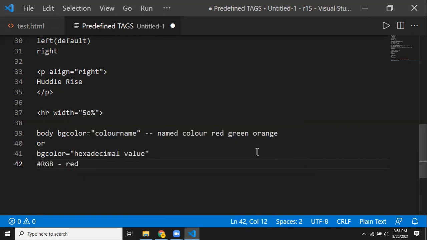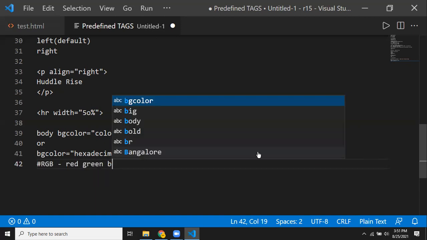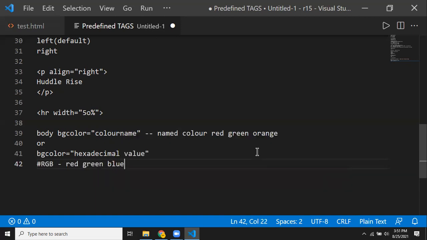You know that these are called the primary colors. So I need to give the RGB combinations.